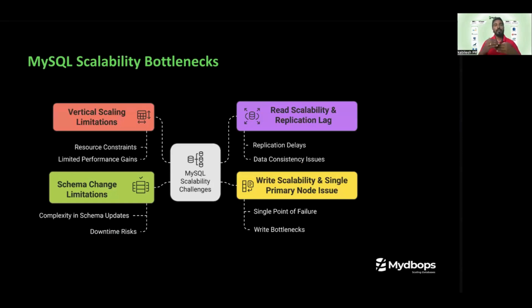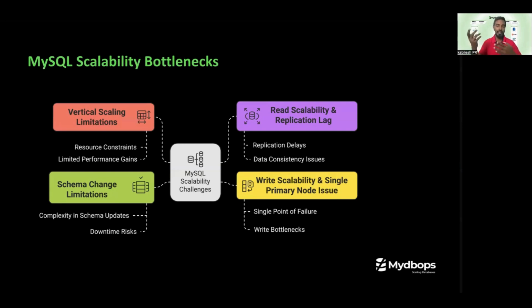People might relate to it. For example, when you are running a MySQL server and your application scales or the incoming traffic increases, the first thing they do is increase the server size. That means they upscale the instance with respect to RAM, CPU, and IOPS to bring in the scaling. So that is a vertical scaling limitation. It has a limit. For example, even with the biggest cloud providers, maybe AWS or GCP, there is always an upper limit for the machine type which you can spin up for your application.